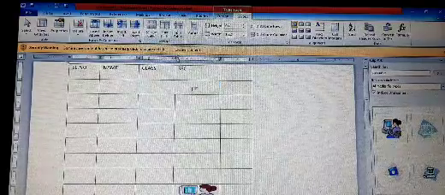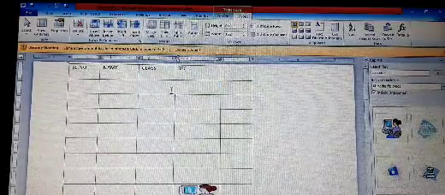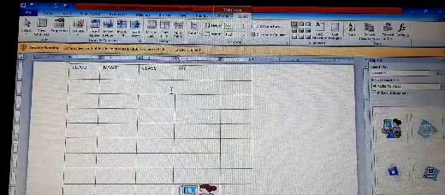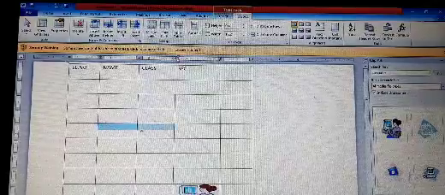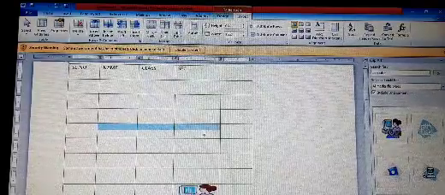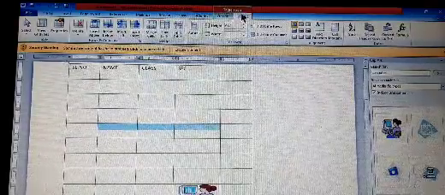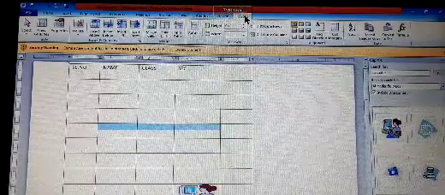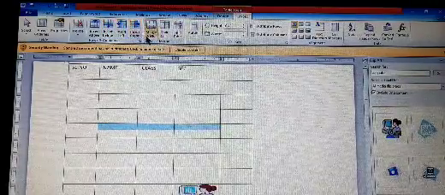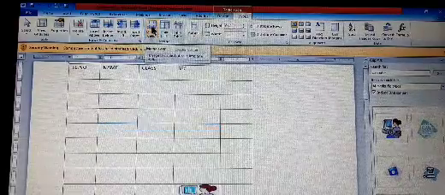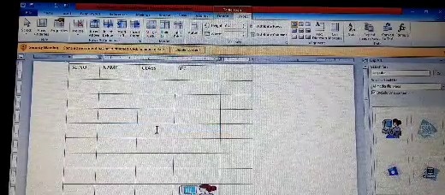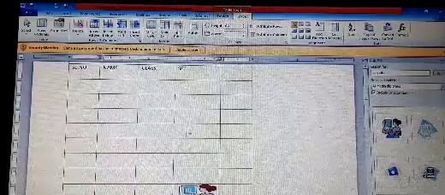Notice three cells merged into a single cell. First select the cells that you want to merge, then go to the table tools, then layout, then merge cells button. In this way you can merge cells.